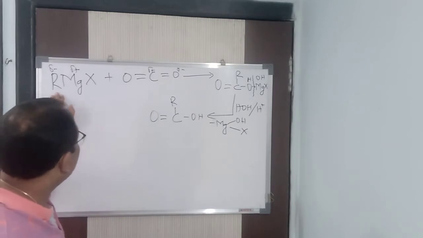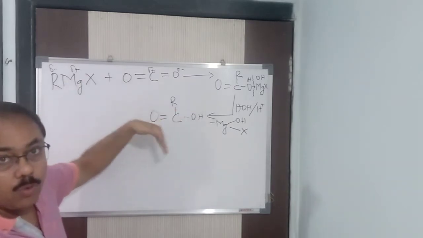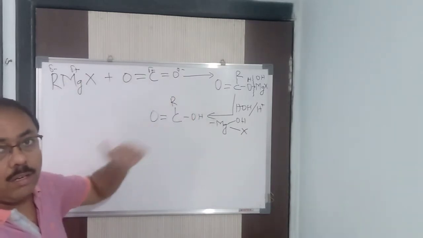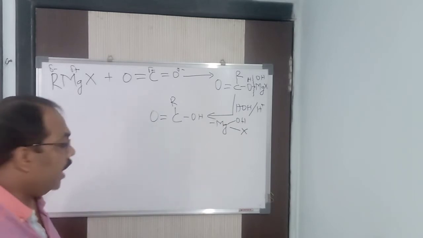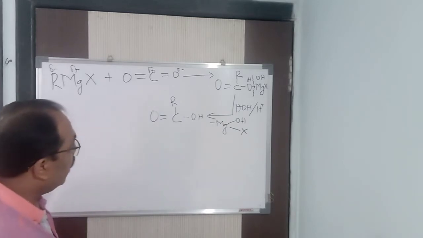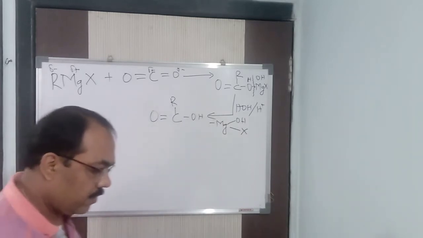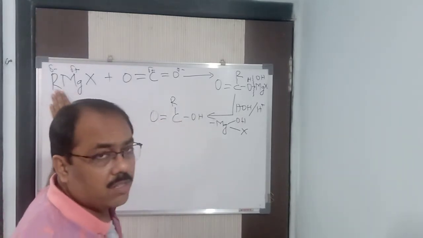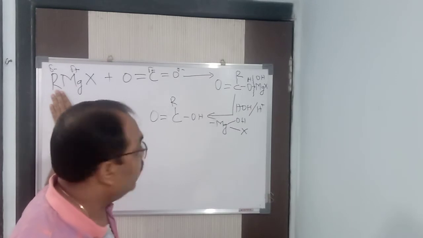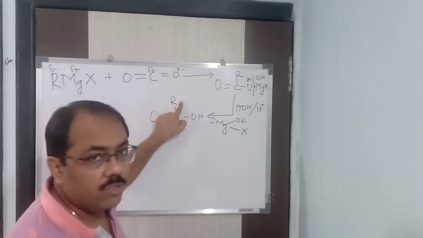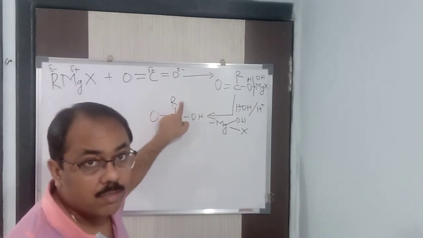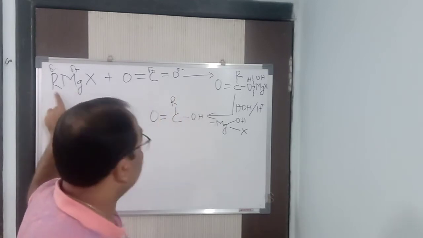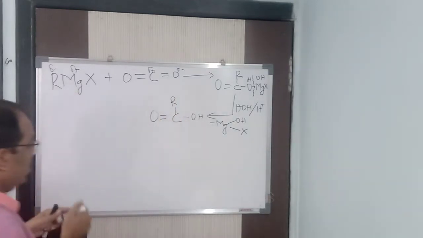Suppose if you use ethyl here, you will be getting propanoic acid. So one higher. But you can say that the alkyl group you use will be present in the carboxylic acid product. Got it? If I use phenyl in place of R, phenyl is going to come here and you are going to get benzoic acid. Like if I use C6H5, you can see I am using it here.